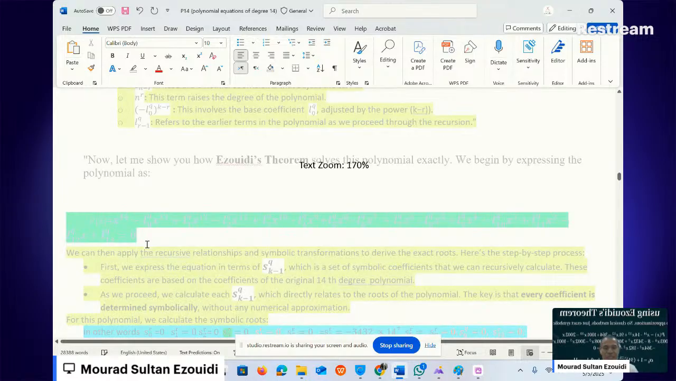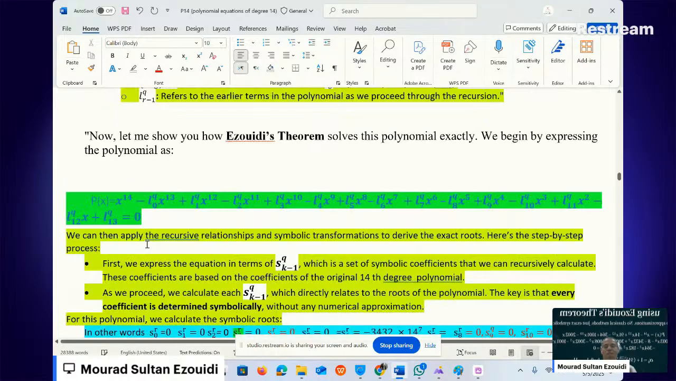So here you will see exactly how the 14th degree equation can be collapsed by using Mourad Sultan Ezouidi approach, or using Mourad Sultan Ezouidi theorem, or using Mourad Sultan Ezouidi recursive formula. Here is the concept. Here is the key. Here the door is open when Abel closed before. Now we as Mourad Sultan Ezouidi, we open this door